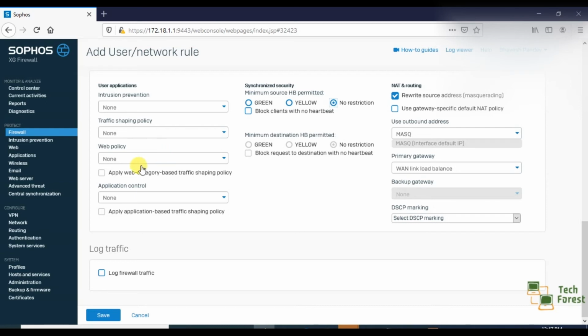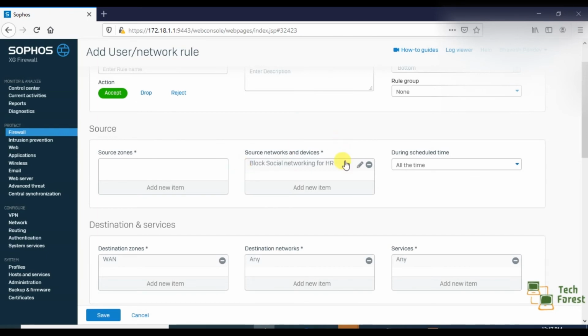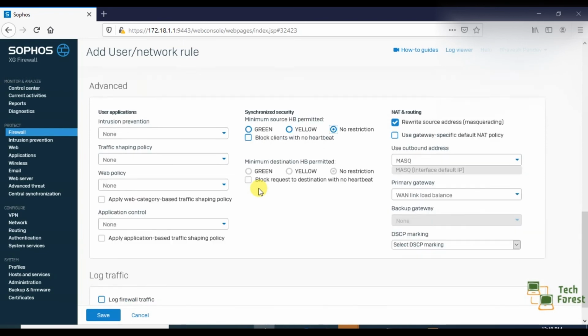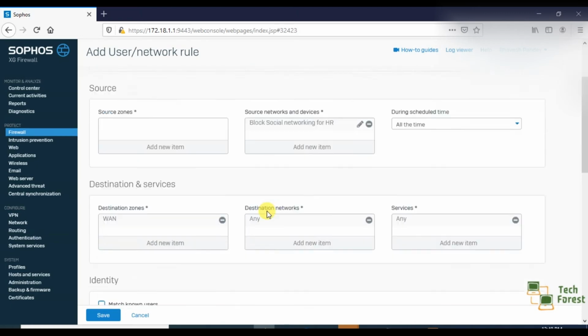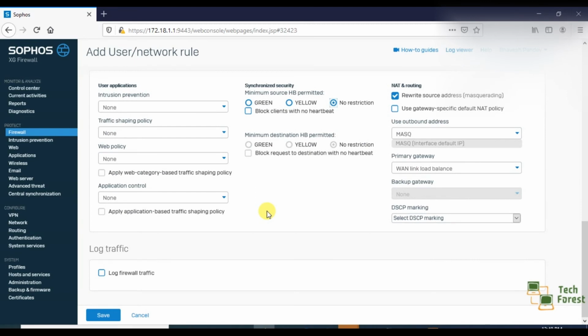Now the main point comes, a web policy. Here none is selected. Suppose if I save this policy right now, traffic from these 5 users will come through this rule, but it will not block anything. All the previous settings we have done till now are only for bringing the traffic to this rule, not for blocking anything. Here in the web policy we are now going to block something.